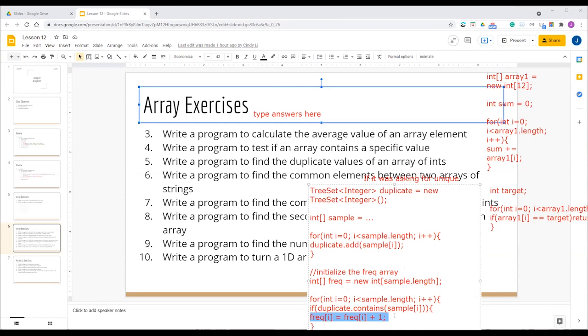The value in that frequency array starts at 0, and that symbolizes the number of times the value at that position I occurs. Remember, the frequency array has the exact same size as the sample array, so this position I is the same for sample and for frequency. So what you do is check to see if the element at position I in the sample array